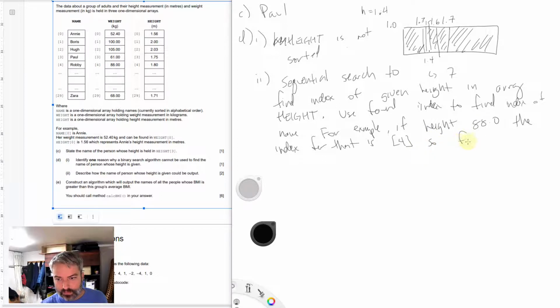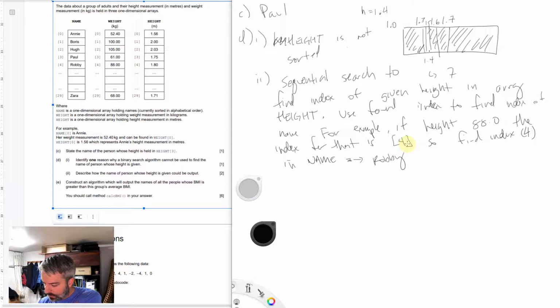So find index 4 in, and we'd say that's going to be Robbie. Yeah, so that's how it would work. I mean, there are obviously a lot of problems with this. And this is, you can move on to the next one. I don't want to keep doing my time codes here, but there are obviously a lot of problems with this one